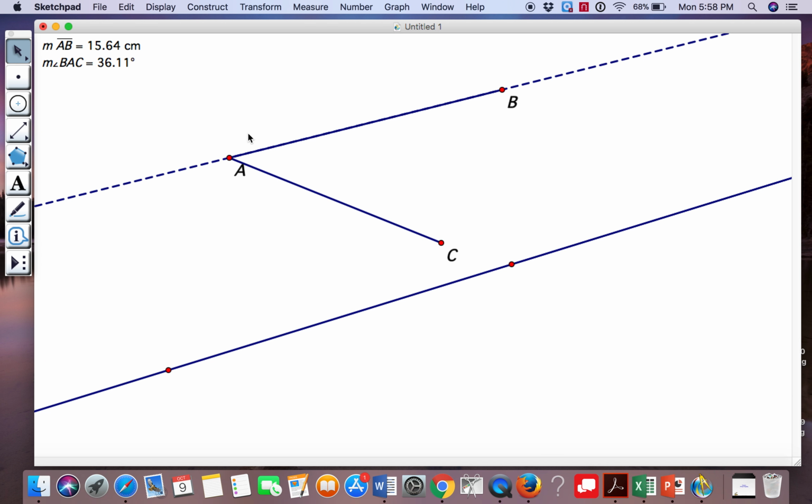So those are the very basics in Geometer Sketchpad that you would want to use in doing these things. And just play around. Don't be afraid to explore Geometer Sketchpad to see what you